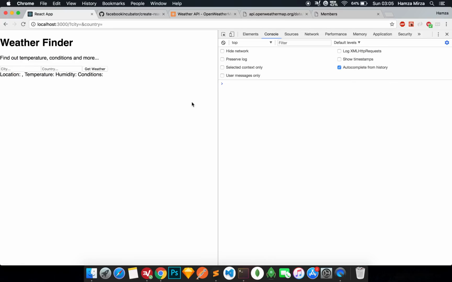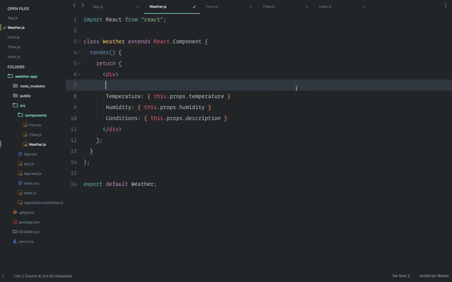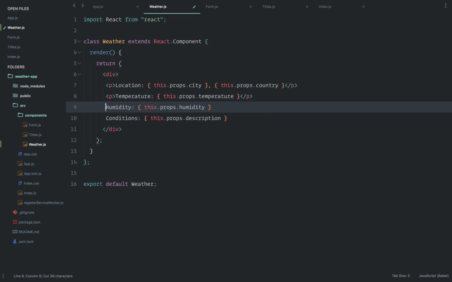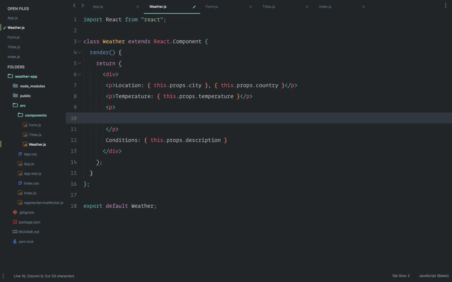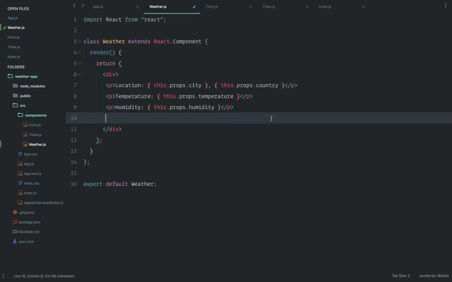but now we have a problem because we are getting these empty keys without a value, but we only want these to display once we press the button. How do we do that? Well, first of all, let's just turn these into paragraph tags so we know what we are doing. So p tag, just so they show up on a separate line. So that's the only reason I'm doing it. So last one, p tag, and